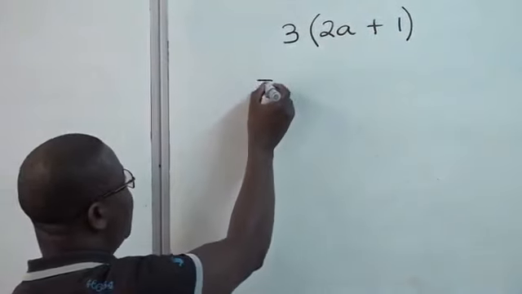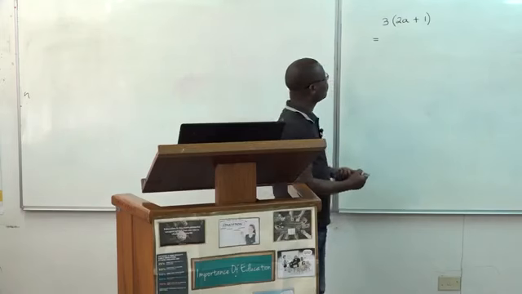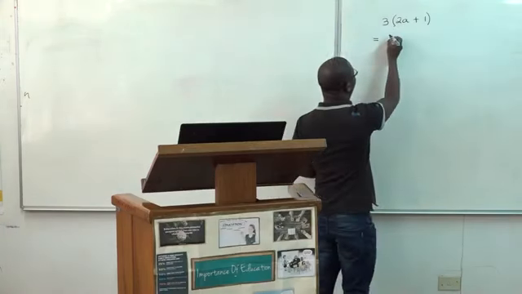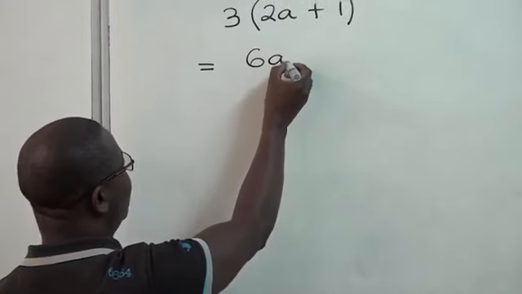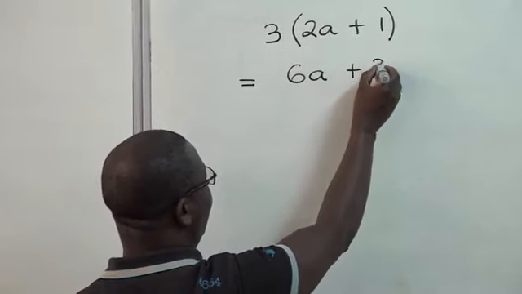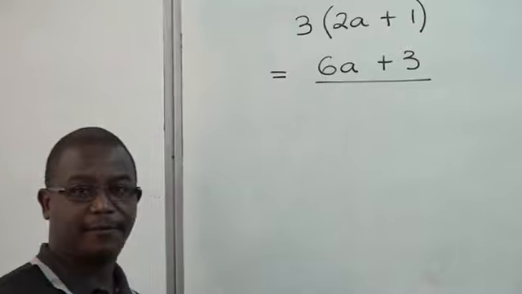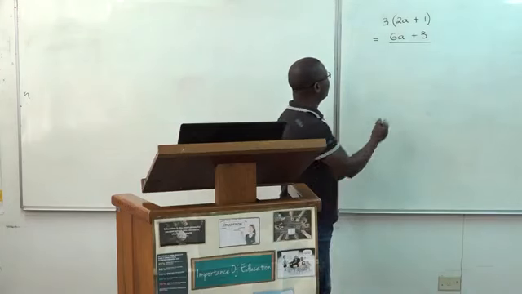We will start off with the first one, which is 3 multiplied by (2a + 1). We said using the distributive law, the monomial which is outside the bracket multiplies in turn the terms that are inside the bracket. 3 times 2a will give us 6a. 3 times 1 will give us 3. Very, very simple and straightforward. We'll move on to the next one, which is